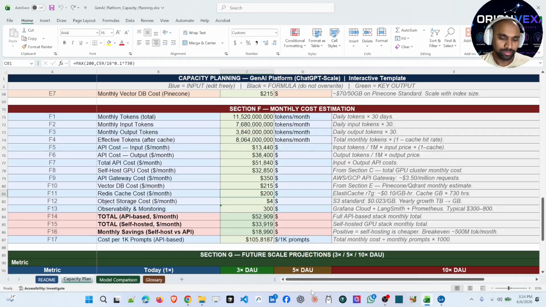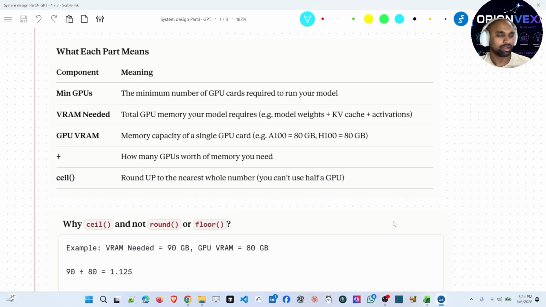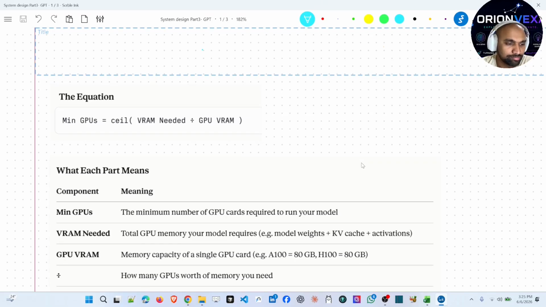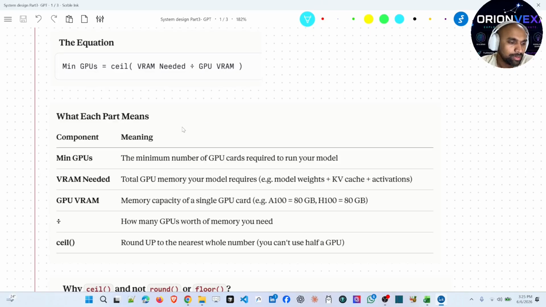Before capacity planning, I just want to discuss a few things which I have shown you, these parameters. One is the minimum GPU requirement. There is an equation: ceil of VRAM needed divided by GPU VRAM. What does it mean? Minimum GPU is the minimum number of GPU cards required to run the model. VRAM is the total GPU memory your model requires. That is model weight plus KV cache plus